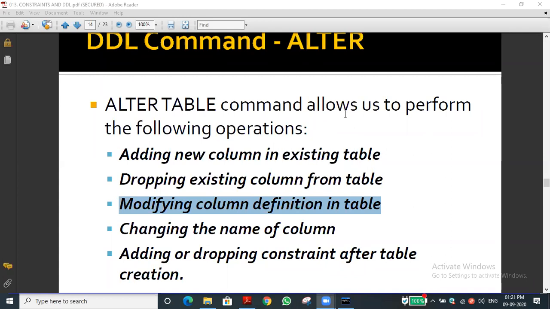But big int to small int or tiny int we cannot do, because, for example, big int has 16 digits. Suppose we give a phone number or an Aadhaar number, is it possible to accommodate it in tiny int? No, because it only accommodates 6 digits. With that type of data variation we will lose the data also. So while modifying column definitions, we should be very careful.